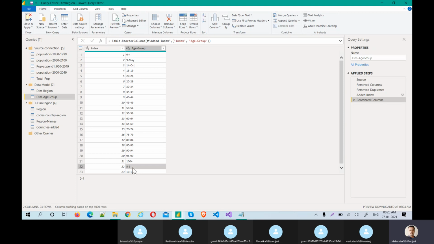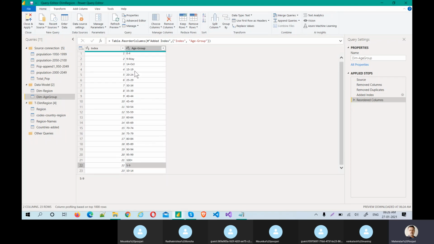How can I replace? See, this I need to fix, this I need to fix, this I need to fix, and this. There are 5 records that I need to fix, because the remaining ones are 1, 2, 3, 4. They look something different to me. They are actually not matching. Still, I need to do some operations to categorize the age description. Like what does it mean? 0 to 4 means baby. 9 to some. What is this May? Why did this May come?